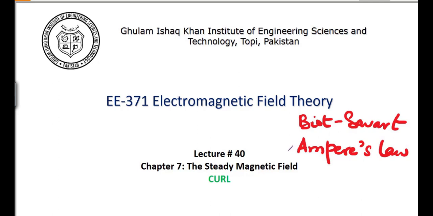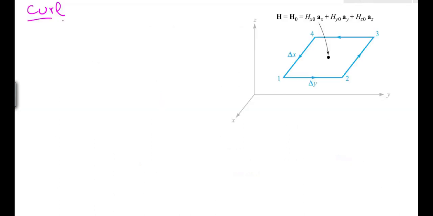The significance of Ampere's law was that it is easier to compute the magnetic field intensity at a point compared to using the Biot-Savart law. In today's class we will discuss another very important operator for vector analysis, and that is called the curl. First we will derive the mathematical expression for the curl, and then we will discuss the significance of the curl